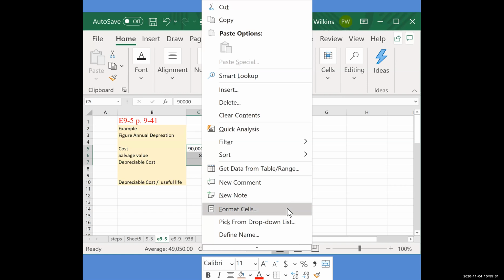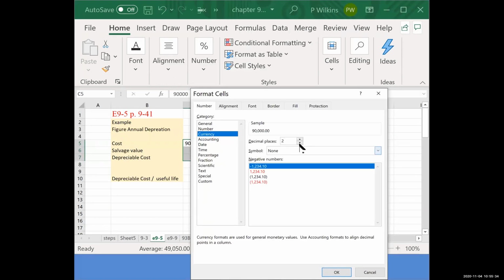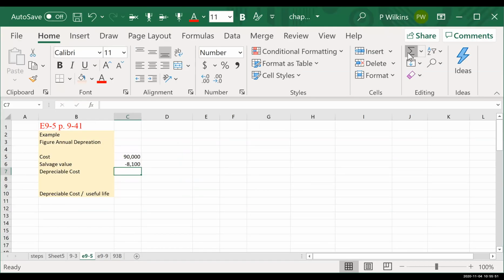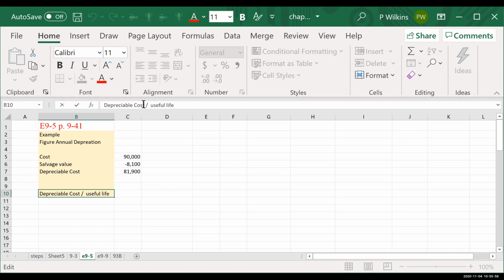So what you do is you subtract, and I'm just changing this to get this into currency. You subtract the $8,100 from the 90, and that gives us what we call our depreciable cost, or sometimes referred to as the depreciable base. Okay, so in this case, our depreciable cost is, is that right? 8,100. Yeah. Okay. So our depreciable cost is